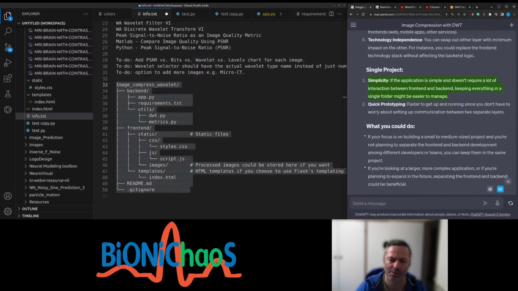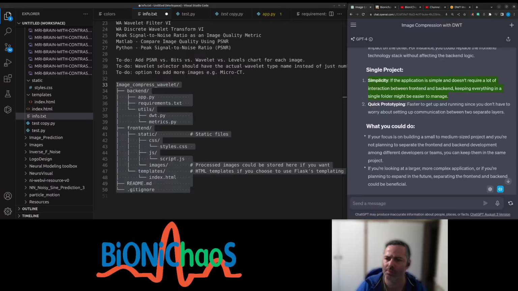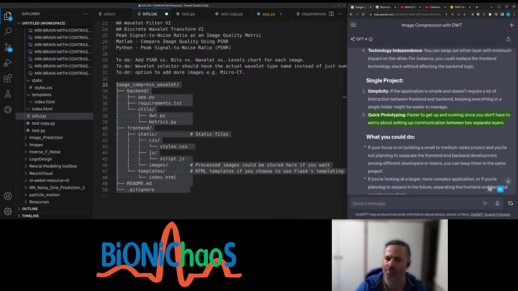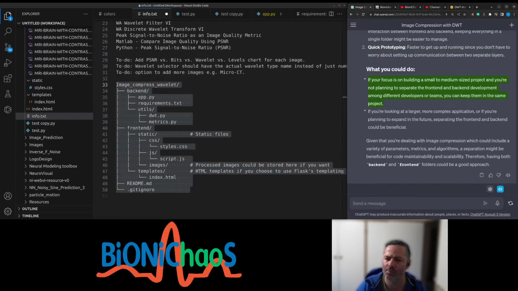Simplicity. If the application is simple and doesn't require a lot of interaction between front-end and back-end, keeping everything in a single folder might be easier to manage. Quick prototyping. Faster to get up and running since you don't have to worry about setting up communication between two separate layers. If your focus is on building a small to medium-sized project and you're not planning to separate the front-end and back-end development among different developers or teams, you can keep them in the same project. If you're looking at a larger, more